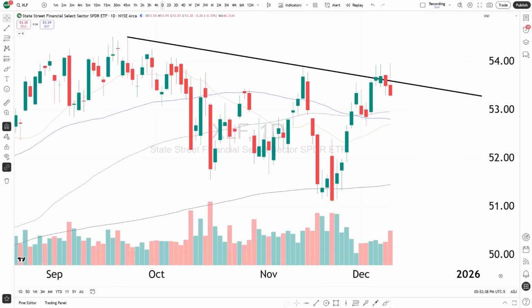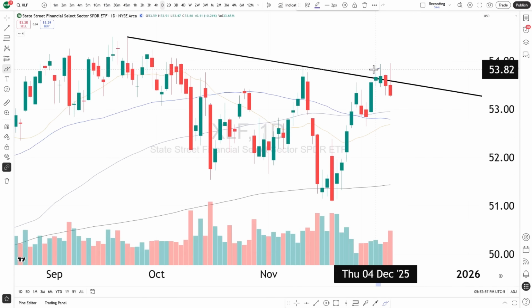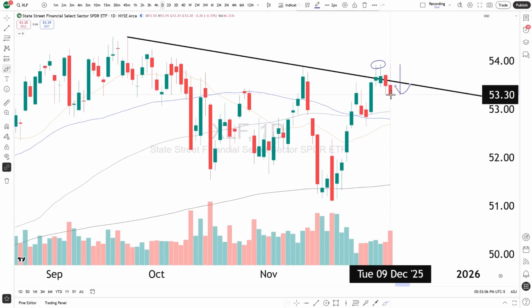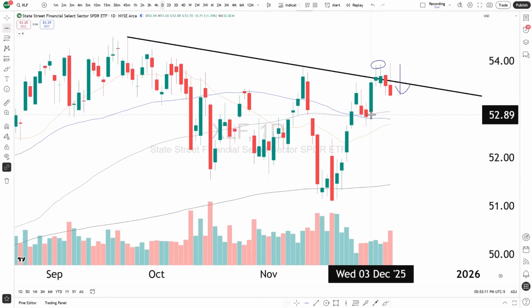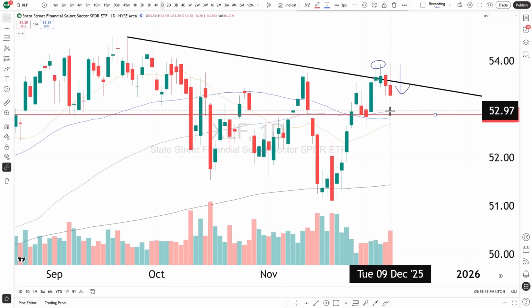What about XLF? The financials, we're down 0.37% and still finding overhead resistance at that trend line. It's normal garden variety behavior that we spiked the trend line, retested these highs right here, which we can't get above just yet, and then we're still coming right back down and closing candles below the trend line. The next destination is going to be right around this breakup candle low that happens to be around a majority of the moving averages. You got the 150 and 20 right in this vicinity.